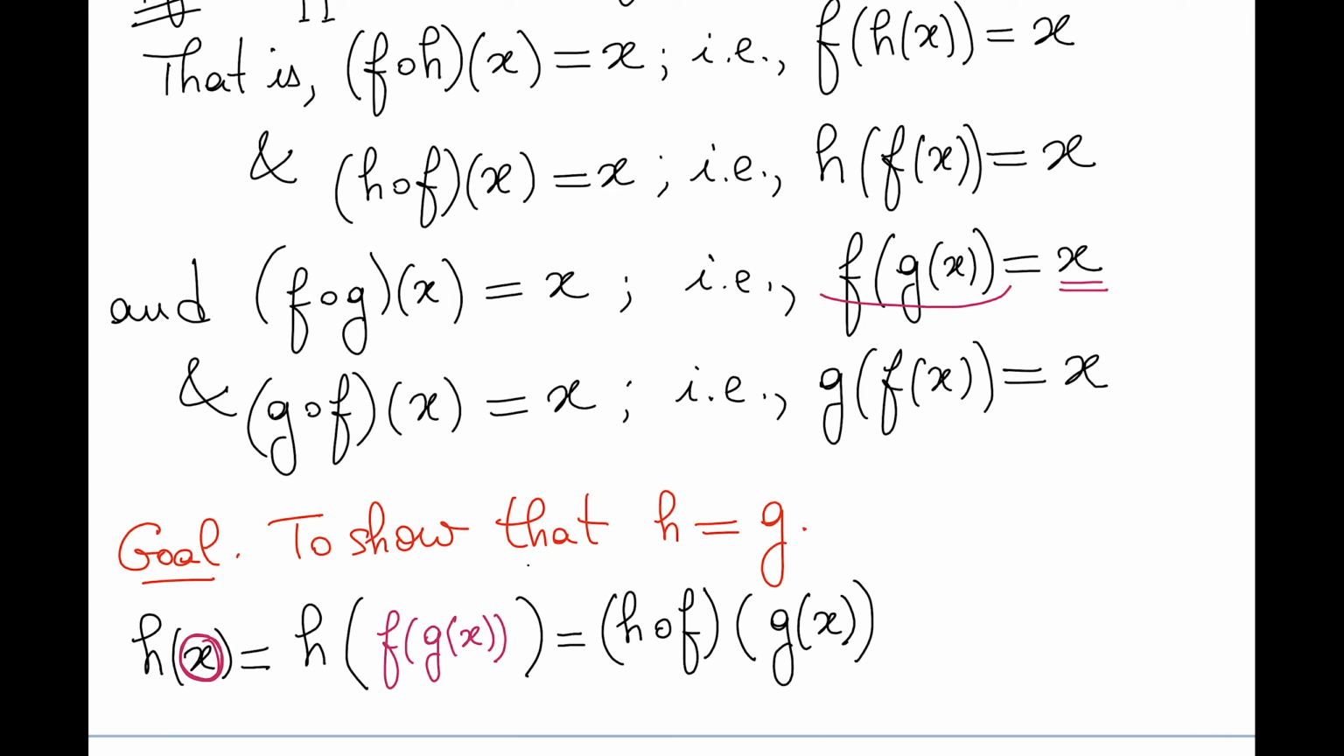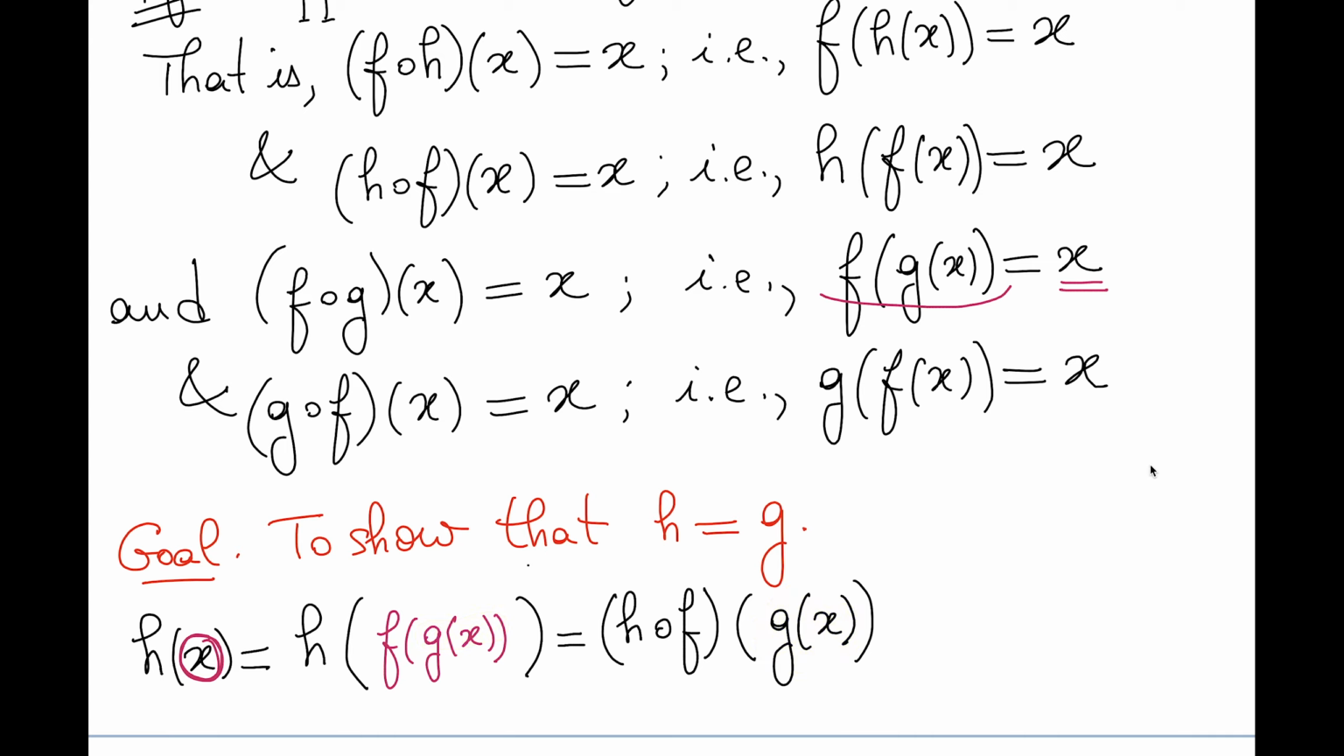If you hide this for a second, this is the same as h composed with f at this thing. Well, how does this operate? This is h of f of that thing. It's the same thing, right? It's right there. Very good. So these two things are the same,